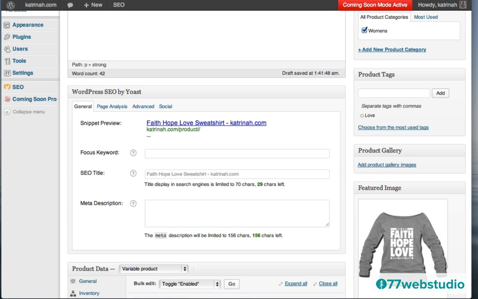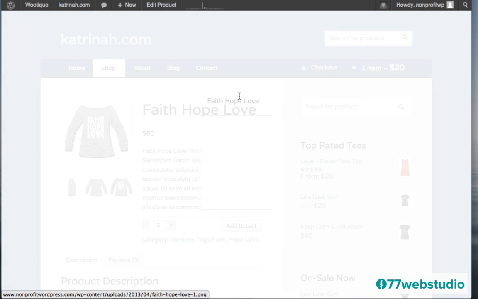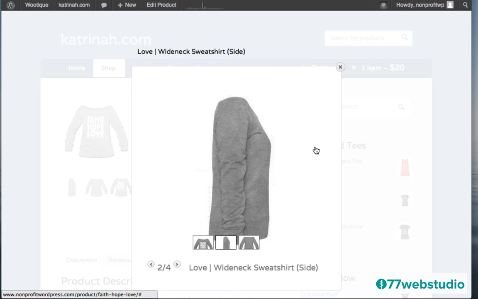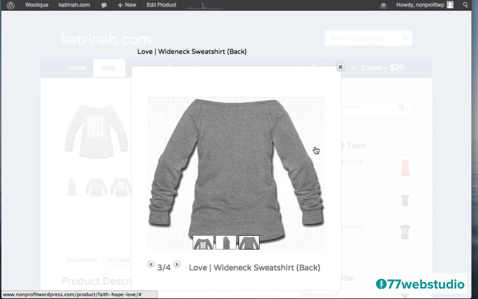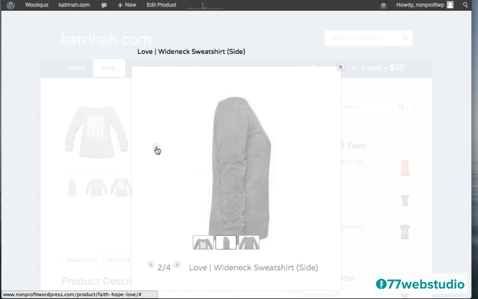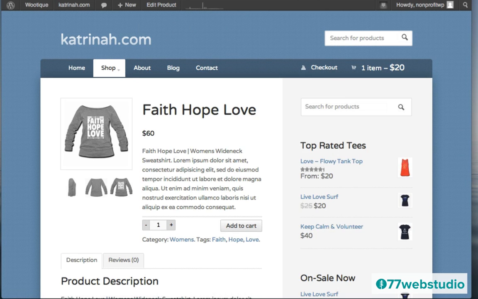That will give us this display. So like for example, when I click on this, this is the finished site right here. We see here's an image, and now when I click, there are other different angles of the same image. So that is really a great feature of this theme, that you can have different images for the same product. So let's go ahead and continue creating the product gallery so that we can create this kind of image gallery